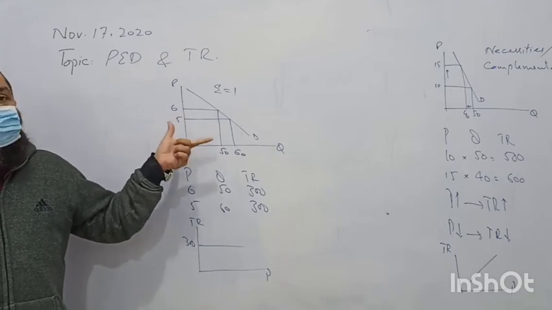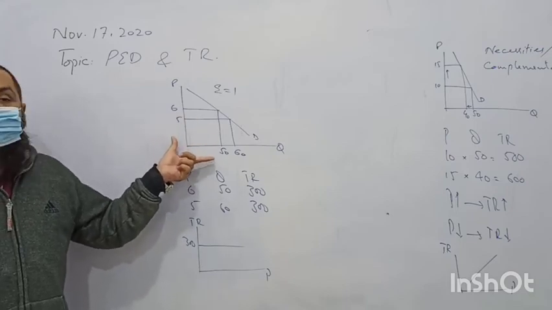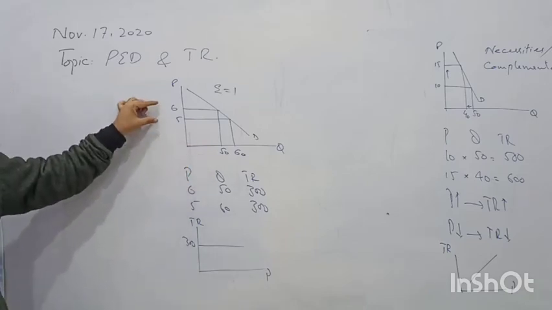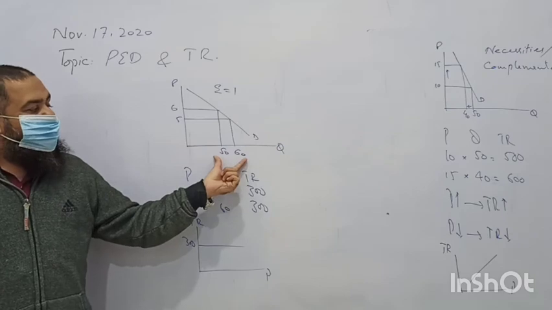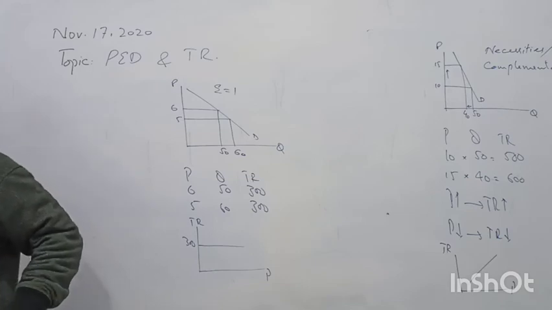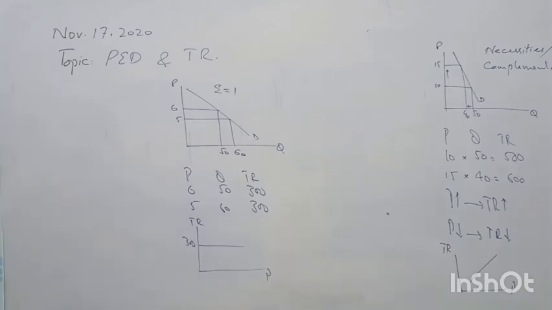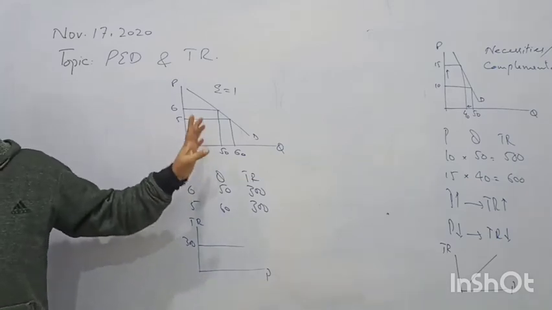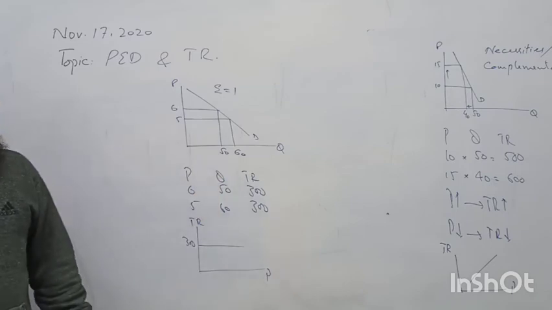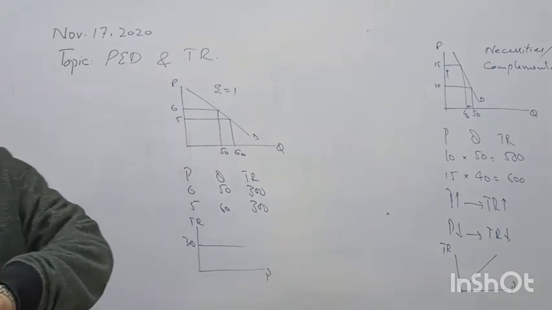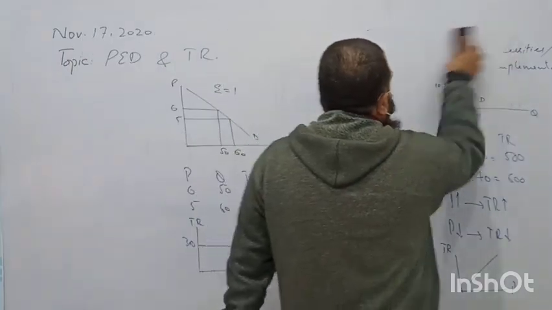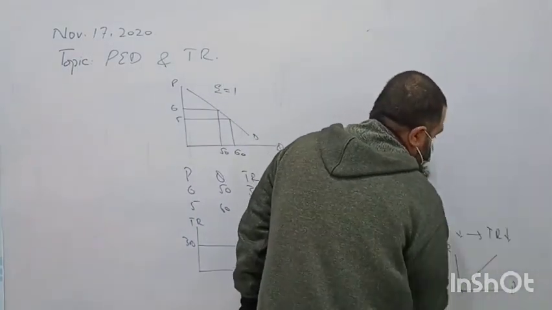Alright? Use the midpoint elasticity formula to find unit elastic demand. Because average price will be 5.5 and average quantity will be 55. Then it will become equal to unitary. Otherwise, if you are putting P1 and Q1, it cannot be like this. Alright? So, can we have a few minutes left over to do one very important thing for today? What's that?